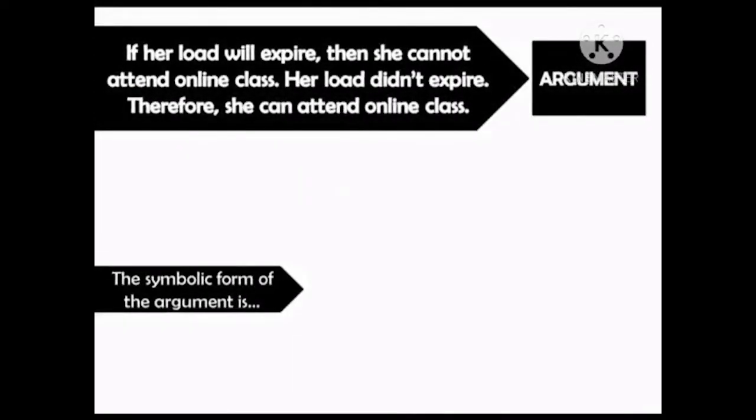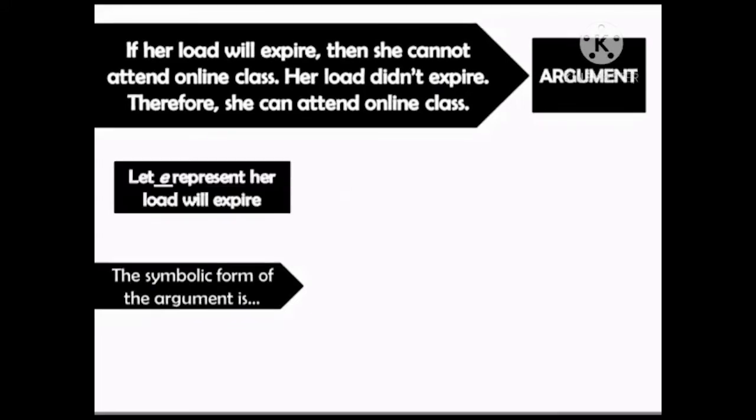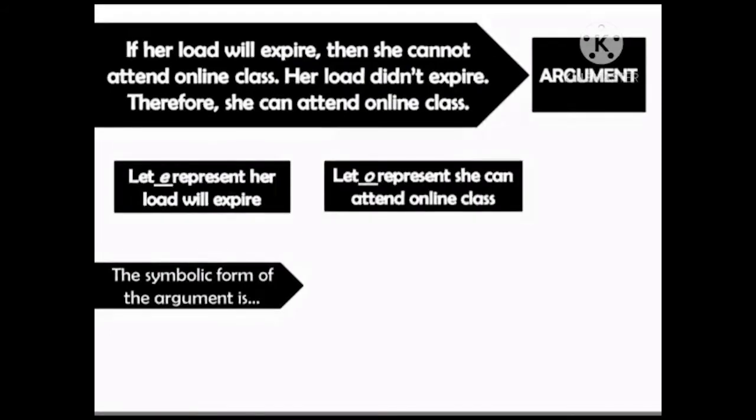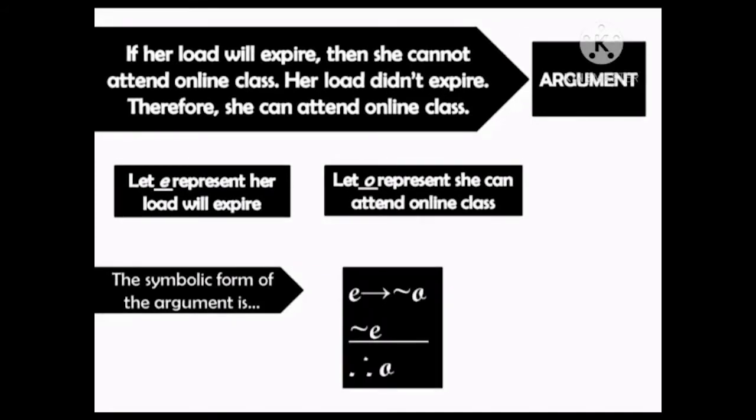If her load will expire, then she cannot attend online class. Her load didn't expire, therefore she can attend online class. This is my example of an argument. Let E represent her load will expire. Let O represent she can attend online class. The symbolic form of the argument is